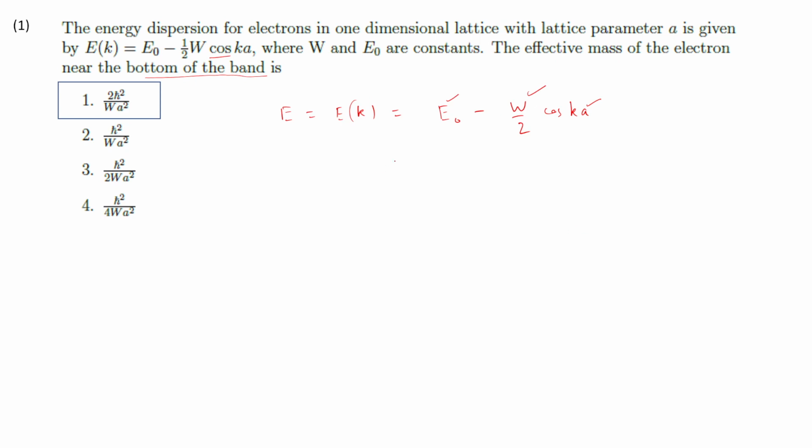So let us first draw this E versus k relation. How will it look? We plot E on the y-axis and k on the x-axis. It will be something like minus cos Ka. It will have this form. It will look something like this. And the bottom of the band,